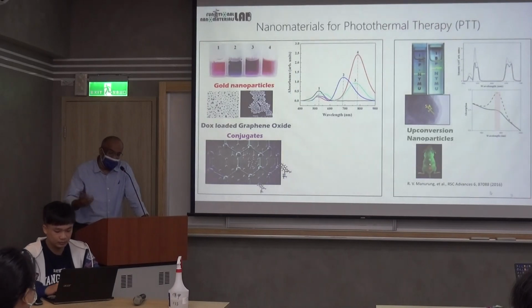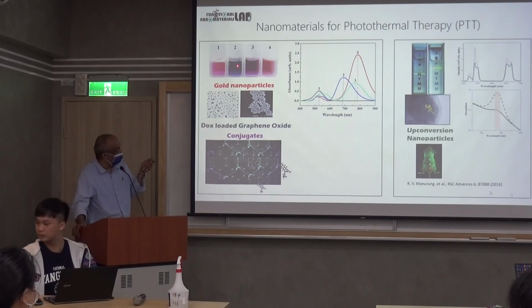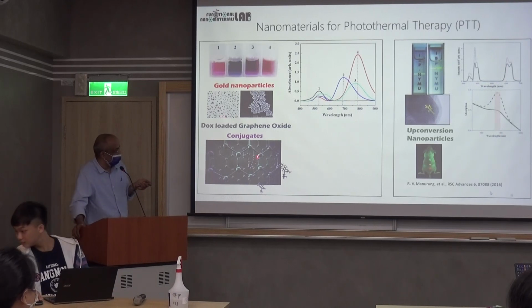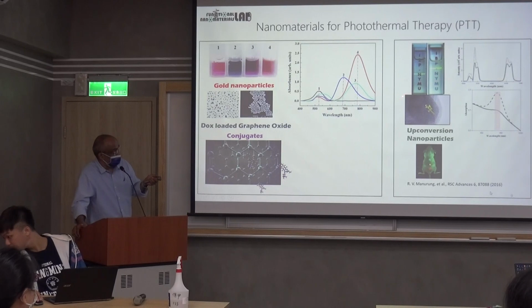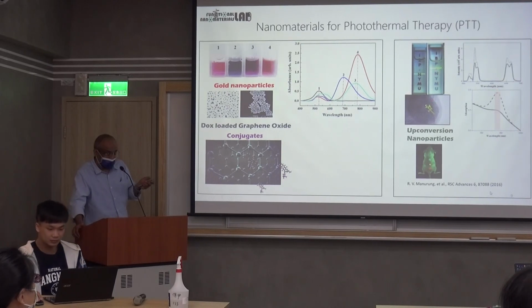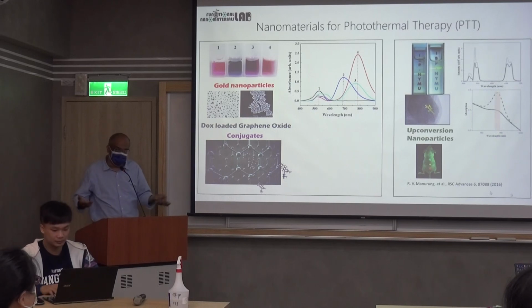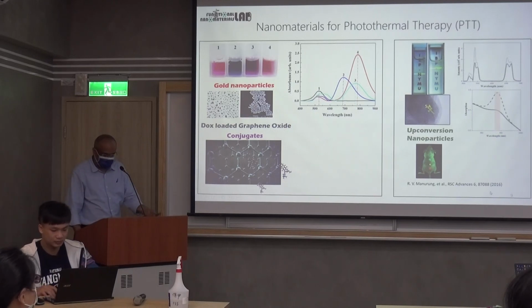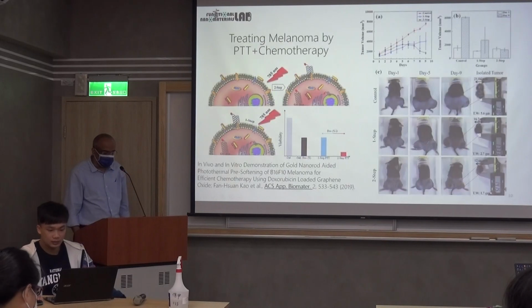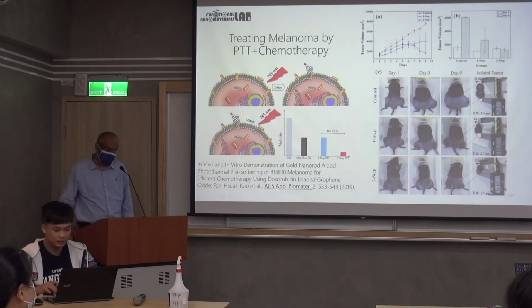So of course I need to make nanomaterials, so we make a lot of nanomaterials like gold nanorods, gold nanoparticles, graphene oxide, upconversion nanoparticles. Now this one is a very special one that emits green light. It behaves just like a quantum dot. The only difference is that in this case you need a 980 nanometer excitation, which is in the IR. And that nanomaterial can also be used for various purposes.